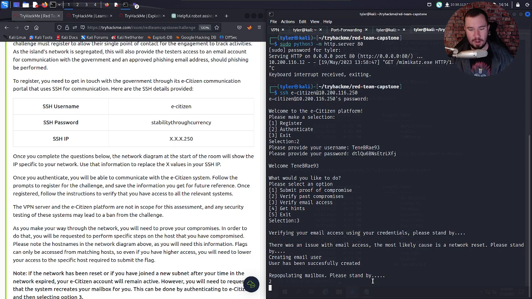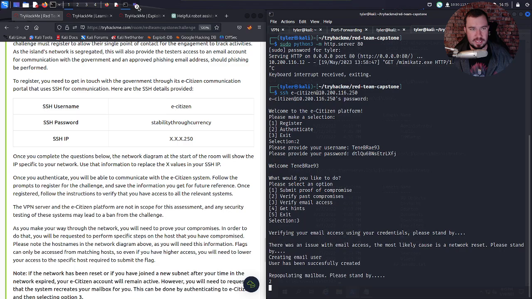Like I said, it's been a while since I've done AD. I haven't really studied AD stuff since the OSCP, so I have to refresh my learning, but I at least remember the terminology. As soon as I saw the two domains, I knew, hey, we can probably abuse the child-parent trust between these domains, and it worked, which I'm happy about.